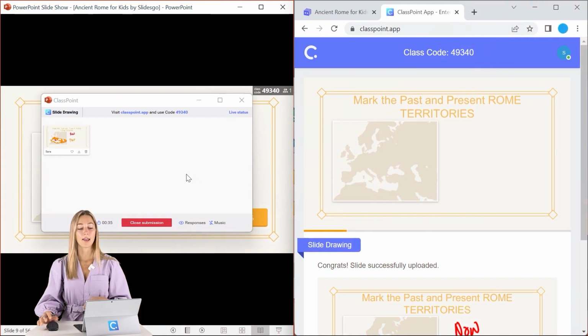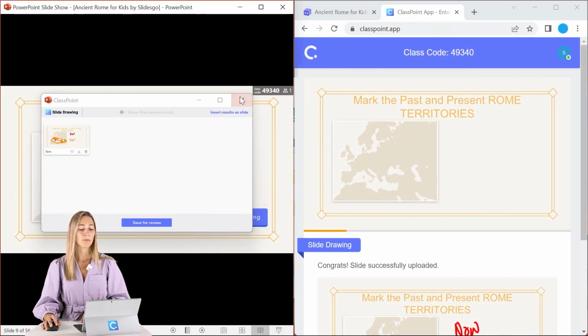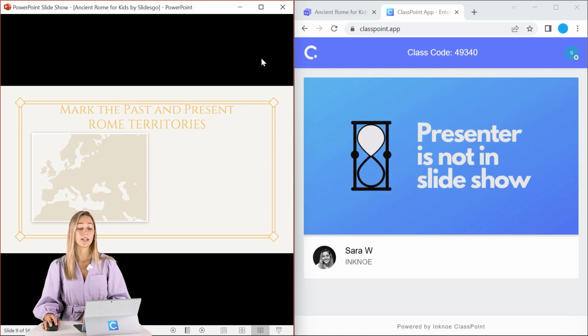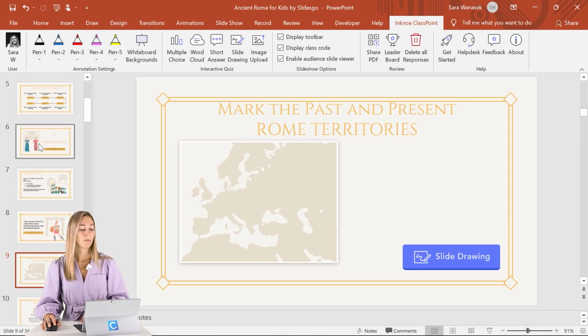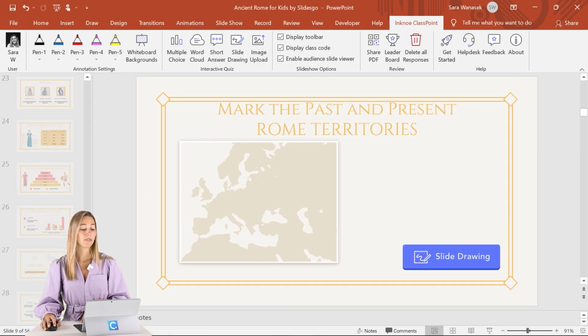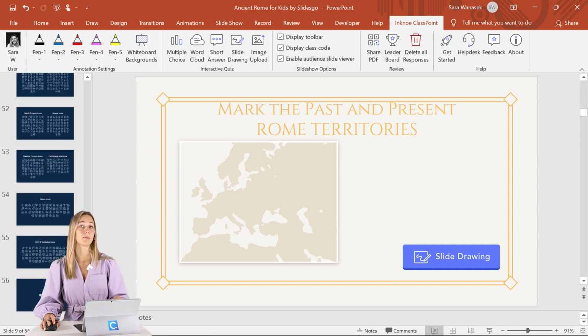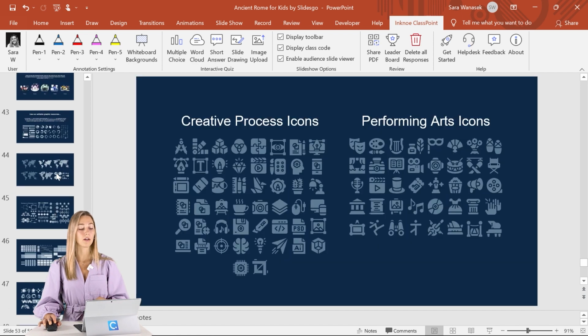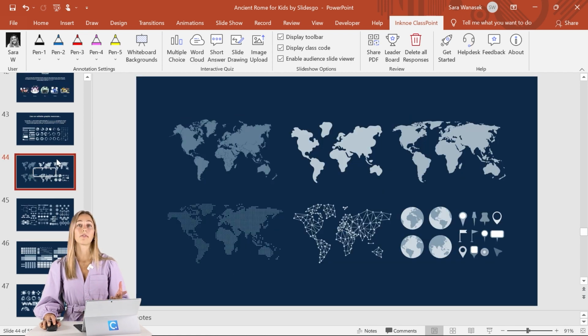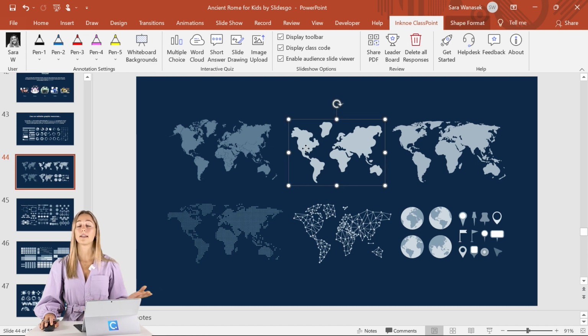One other note about SlidesGo and their templates is that there are plenty of extra slides in your presentation. So if we go back into edit mode here, you guys will see that there's over 50 slides in this template. So whatever you guys don't use in edit, you guys can just go ahead and delete. But make sure you look through. There's lots of different icons and different graphics and templates that you guys can copy and paste into different parts of your presentation.